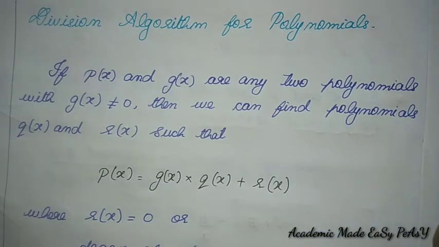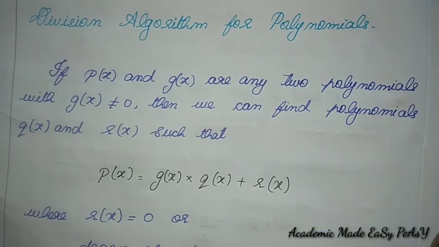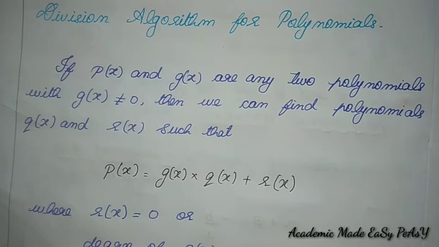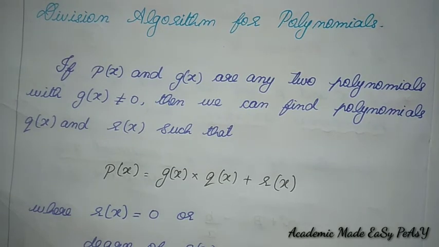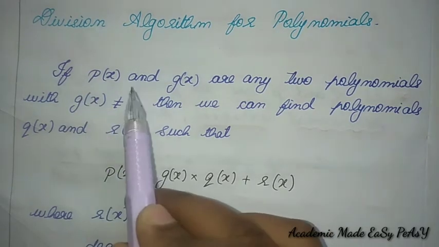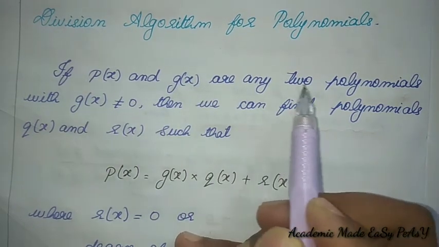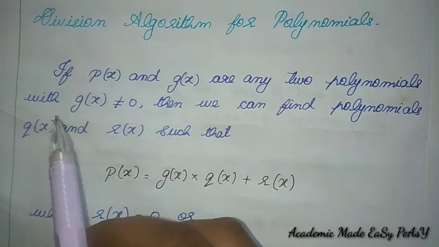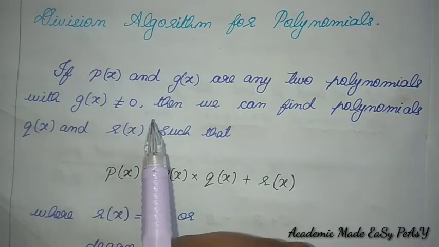Next topic is the division algorithm for polynomials. This is one of the very interesting and tricky topics in this chapter. So we have to know the formula. If we know the formula, it will be easy for us to do. So if p of x and g of x are two polynomials with g of x not equal to 0,